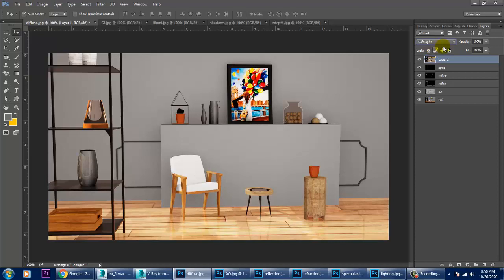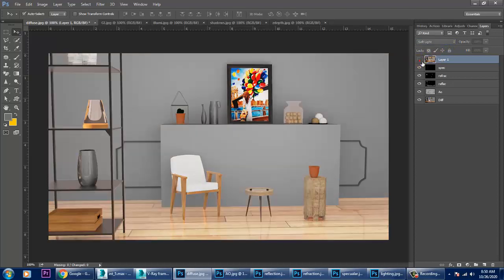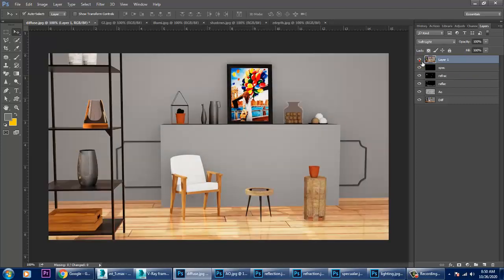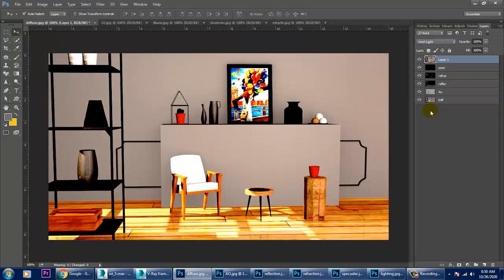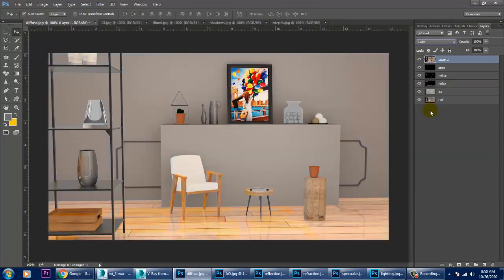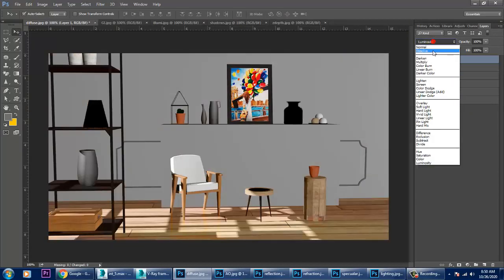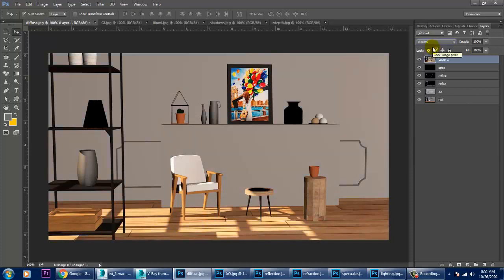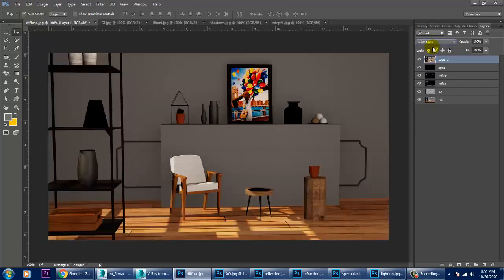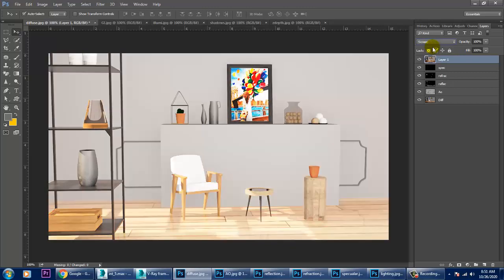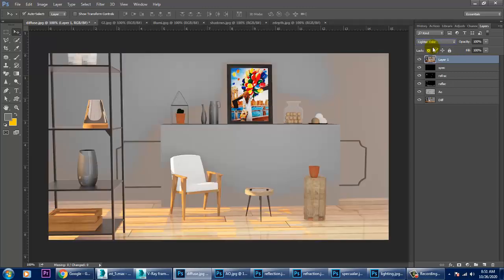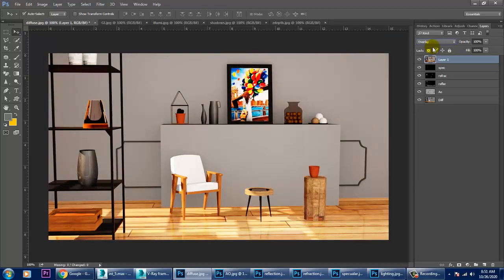That's a soft light. That's your lighting pass. You can also check with others also, like hard light. So if you go with this, let's again go to the normal. So the blending modes which we are using right now, soft light is better.